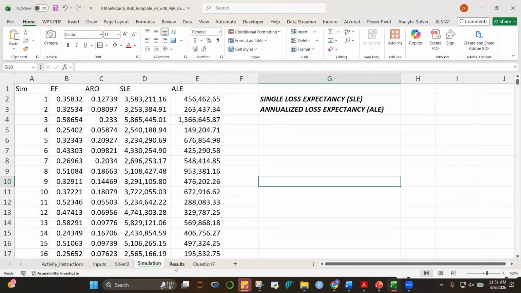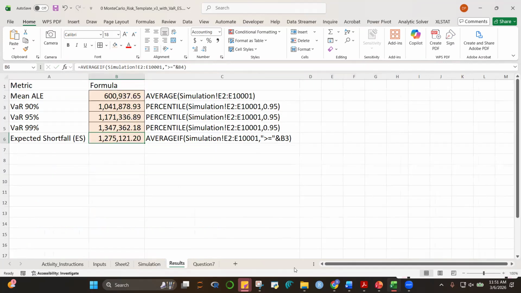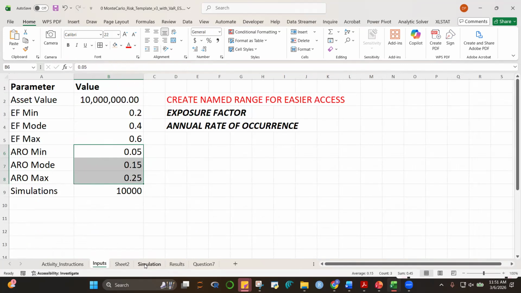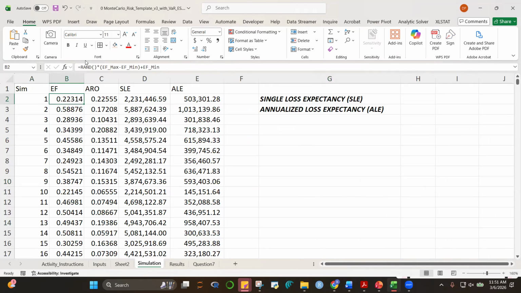Of course, if I press F9, this will vary. Function F9. There, it's changing. It's changing. Why is that changing? Because of this rand here. Of our rand functions here. The rand changes. All right.